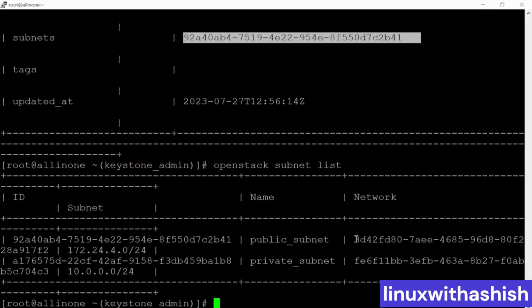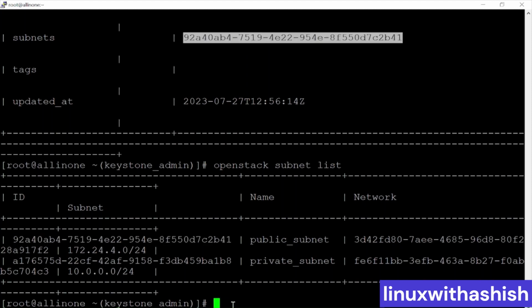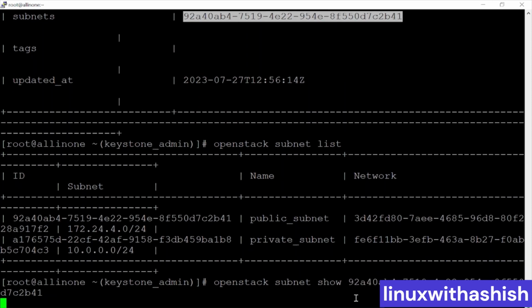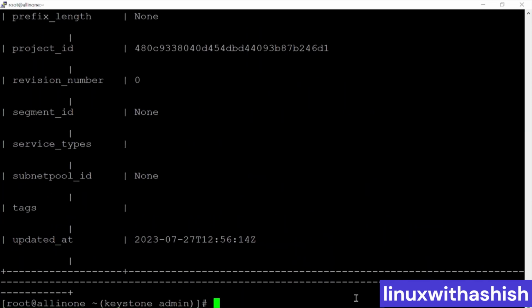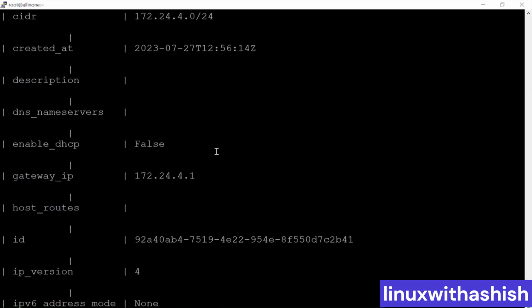Okay, public, if you check the IDs it is the same. Okay, so if you want to show this subnet, OpenStack subnet show, you can use this command and enter. It will show you now what is the range of IP addresses given for this particular subnet where your server will take,